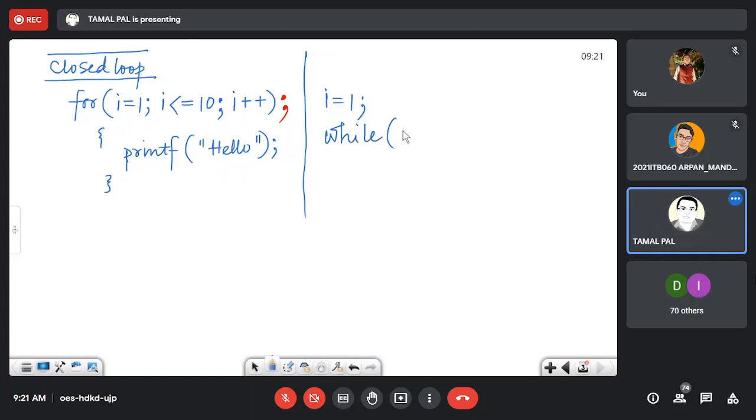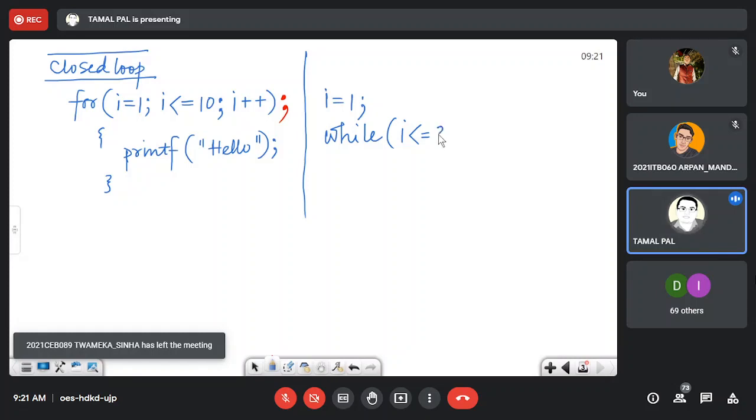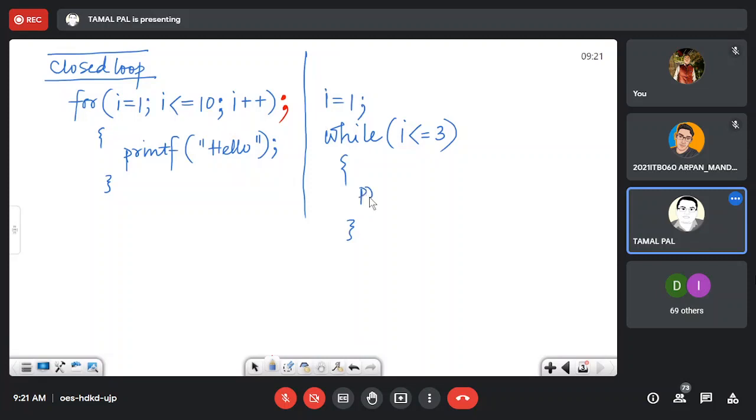While i is less than or equal to 3. Now tell me, what is the output? 1, 2, 3. Very good, 1, 2, 3 is the output.